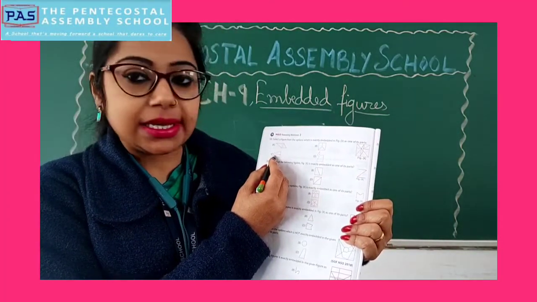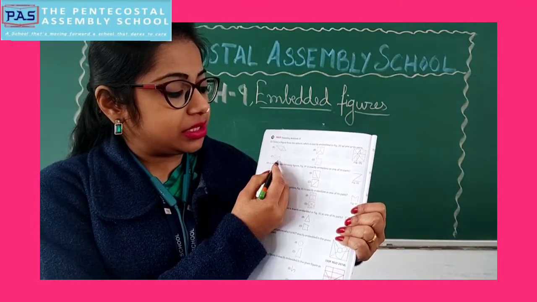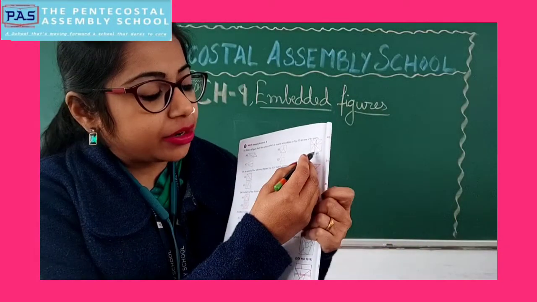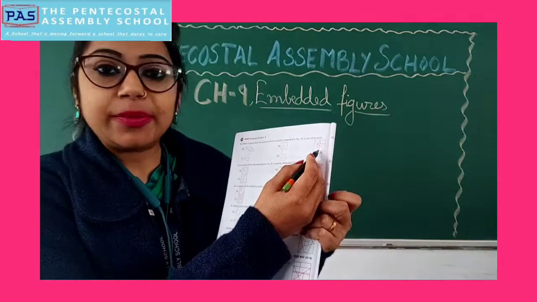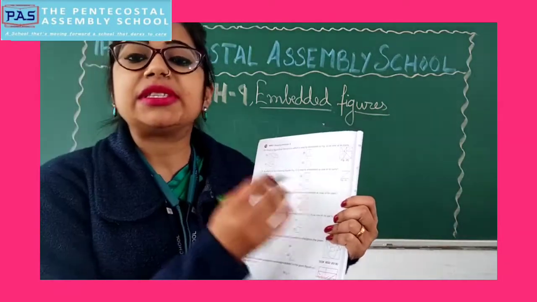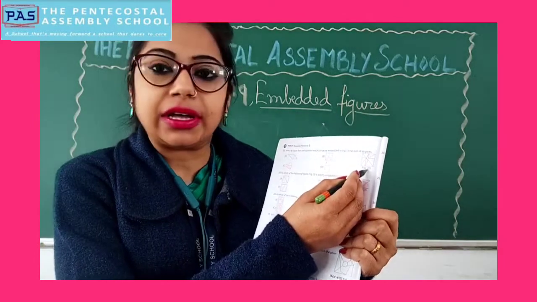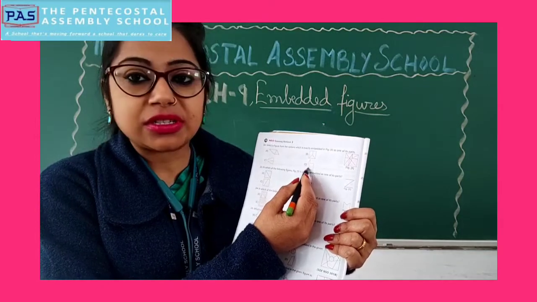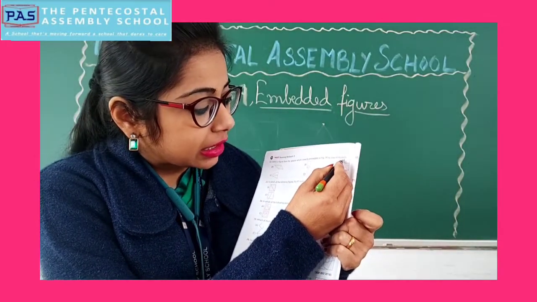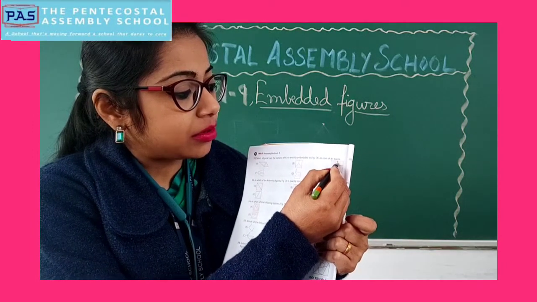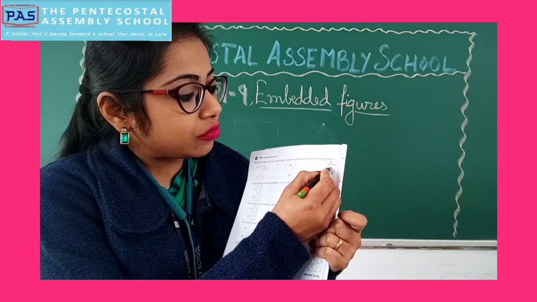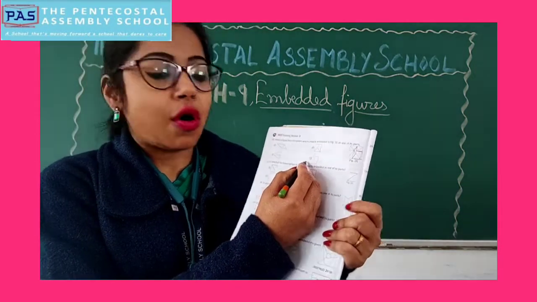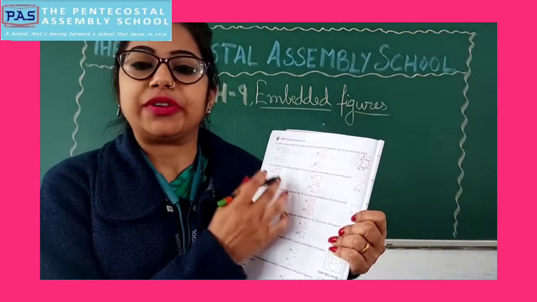Let us check option C. In option C, is this figure embedded or not? I am unable to see this figure in figure X. It means that this figure is not embedded in figure X. Now the last option, option D. Is this available? Yes, I can see that from here you can find this. So option D will be your answer for question number 22.